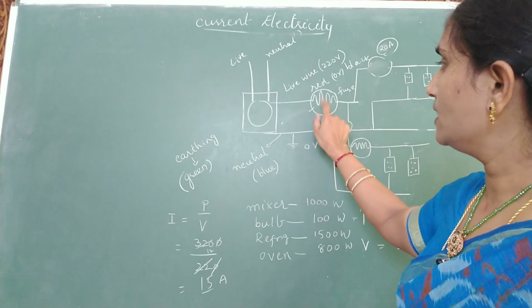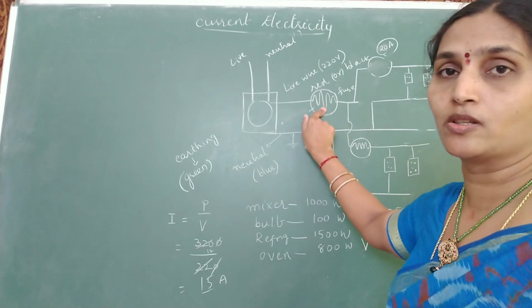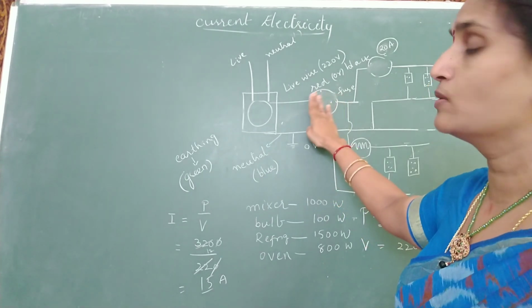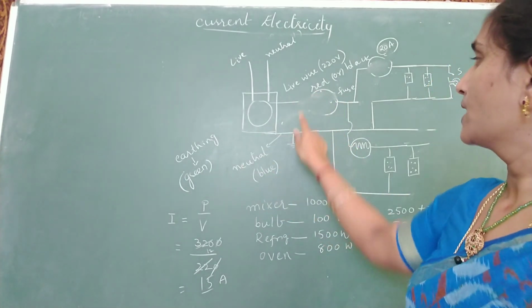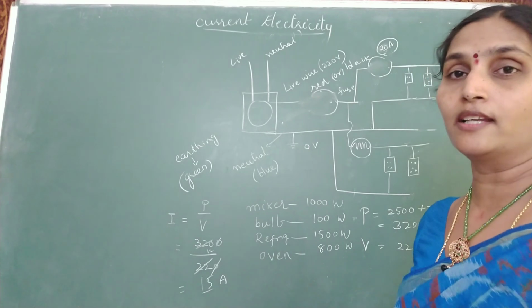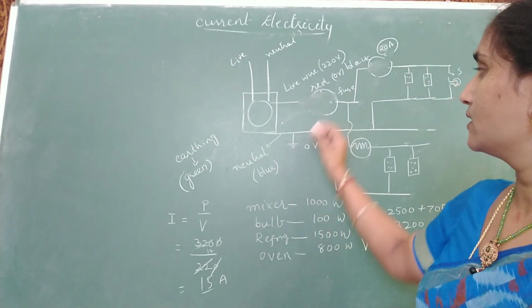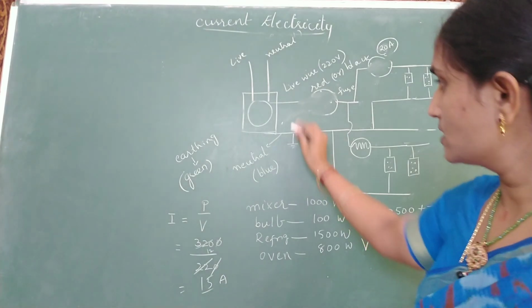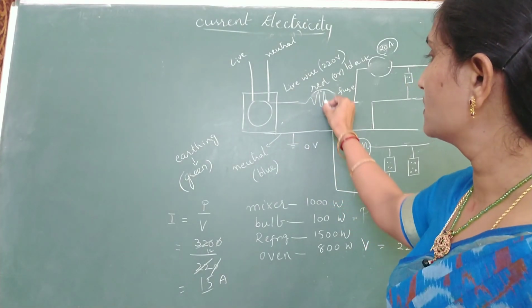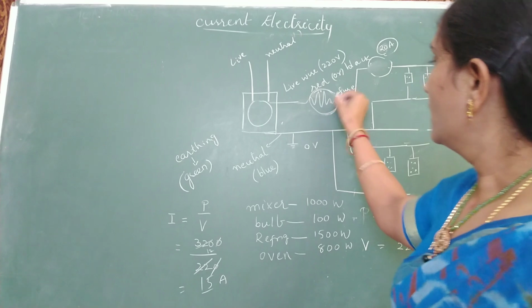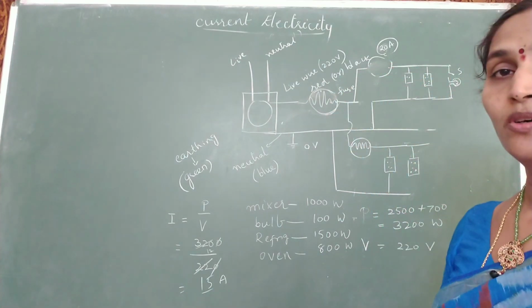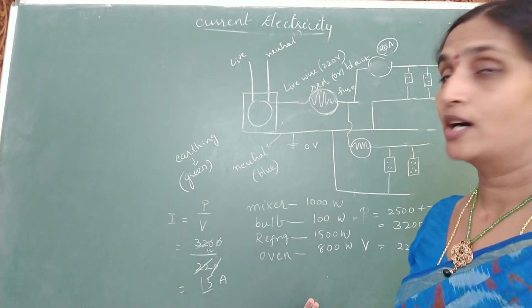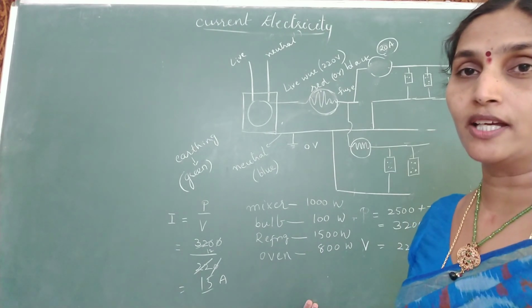The same thing is done even in the main circuit breaker also. If you draw any current which is greater than required, this is going to burn and it will disconnect the current supply to your home so that your devices are safe from large magnitudes of current. So this is the use of a fuse wire. And this is how we make household power supply connections. So hope you understood how to make the household power supply connections.